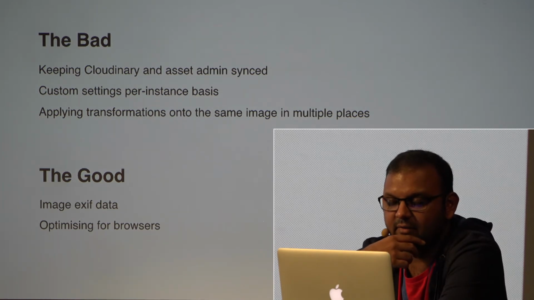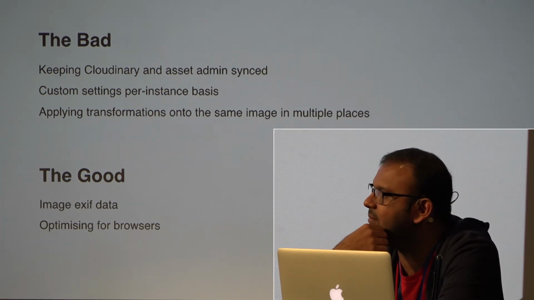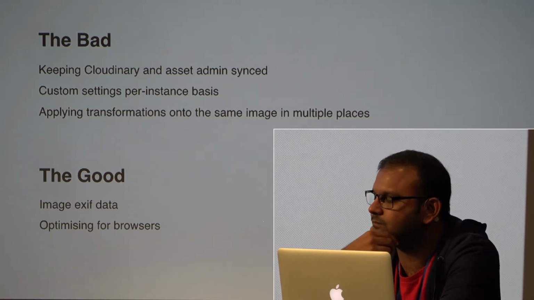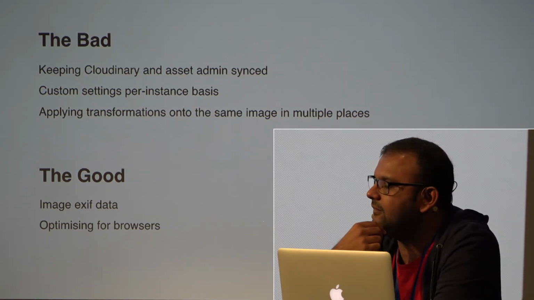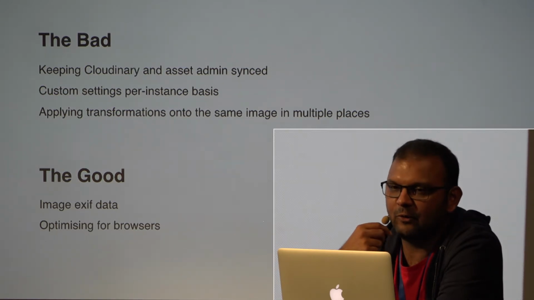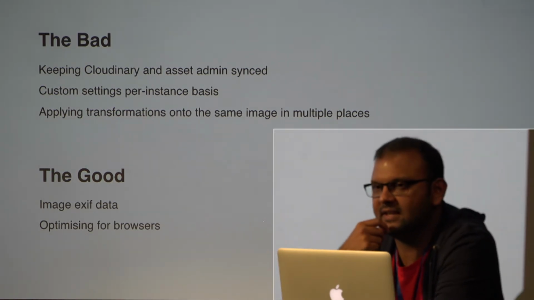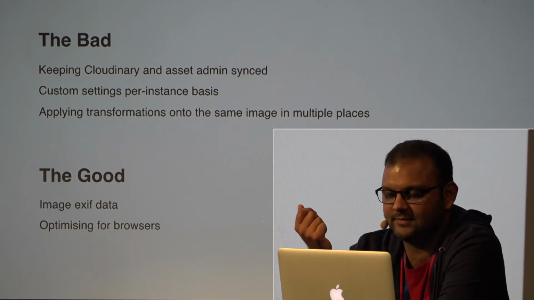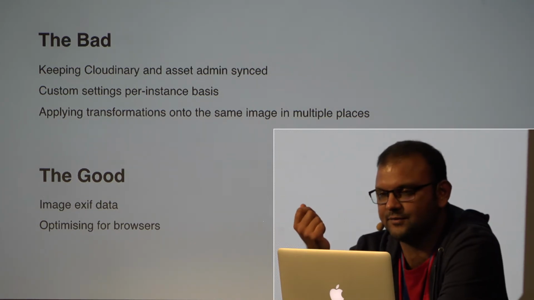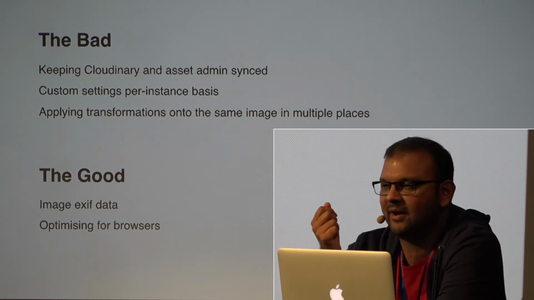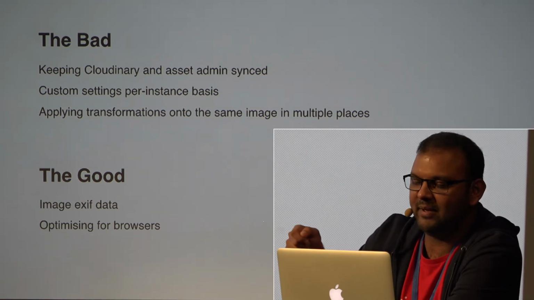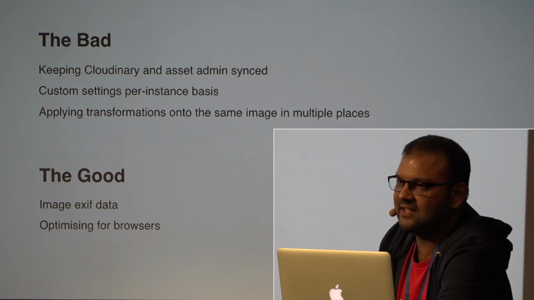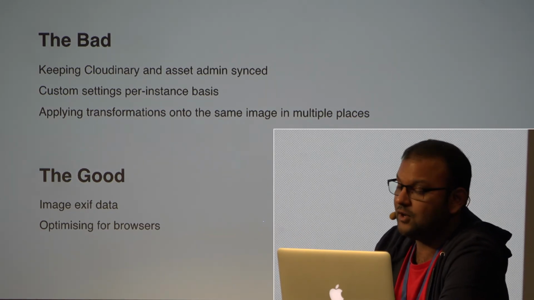Another great thing that Cloudinary does is optimizing for browsers. If an asset is requested on Chrome or any modern browser, it will automatically serve you WebP, because WebP is a really nice optimized format, unless obviously you say you want specifically JPEG or PNG. In that case, it'll give you that format. But if you don't ask it for a specific thing, it will try to optimize for you,